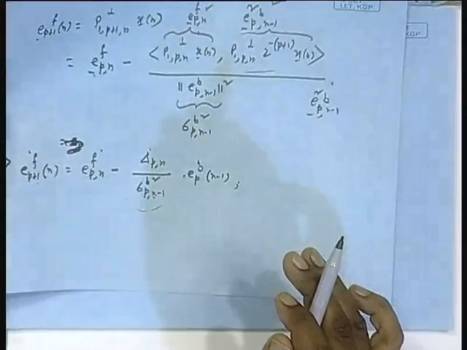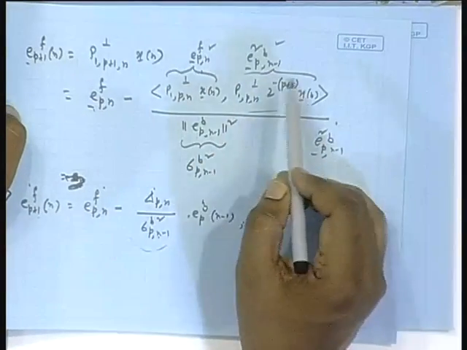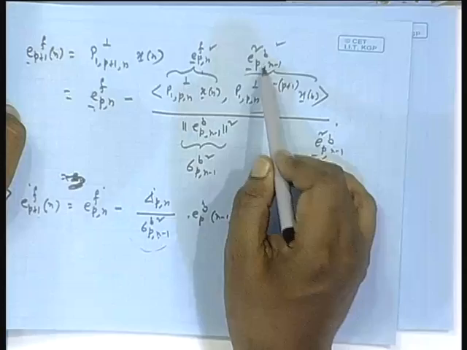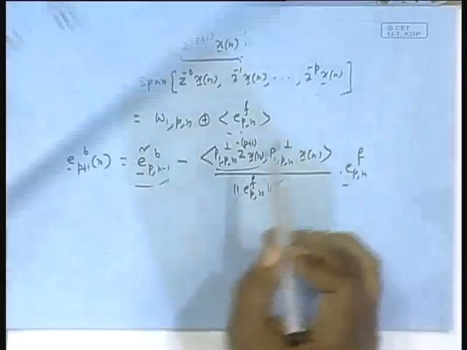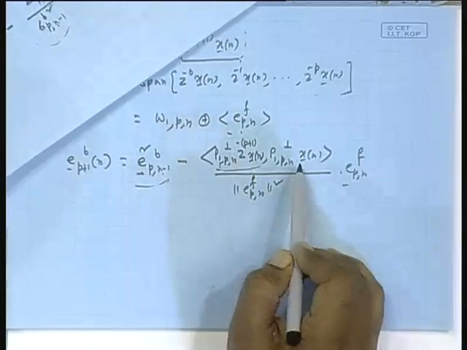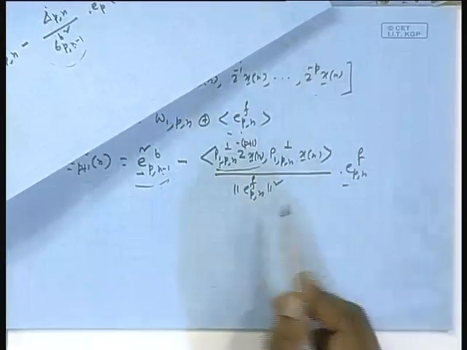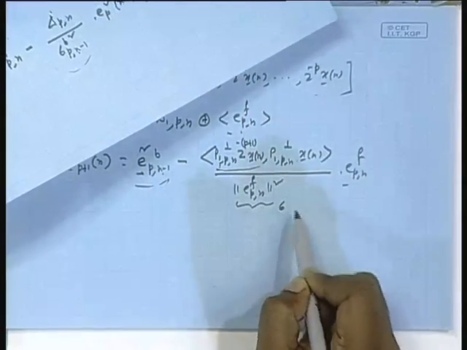Because for real data, the inner product of A with B, or B with A, they are the same. Here they are the two terms, EPFN and EPB n minus 1 tilde. Here this guy EPFN, the inner product is the same. This quantity I will name as sigma p n square.